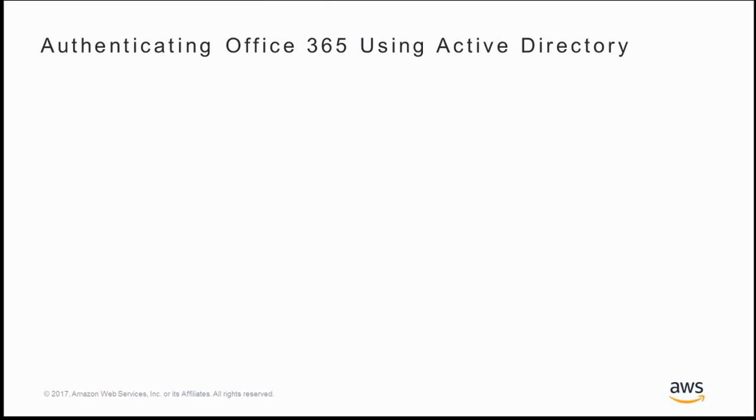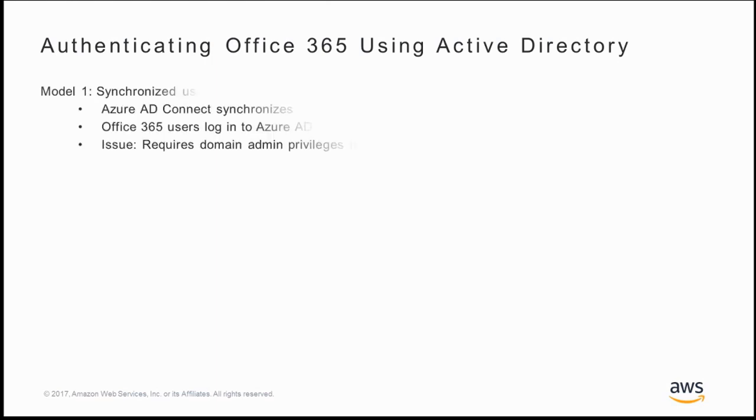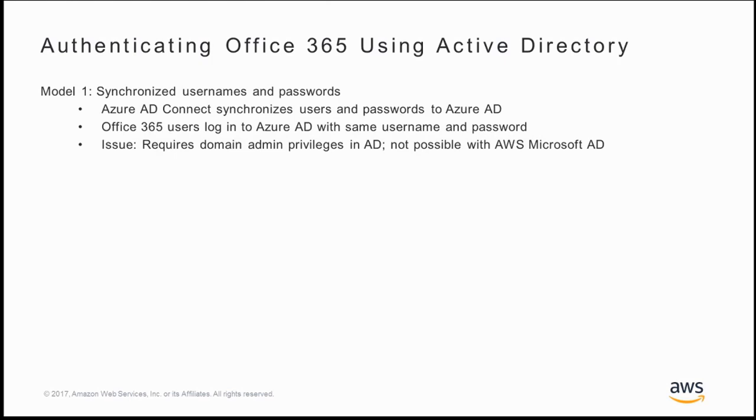Let's talk about the different models available for authenticating Office 365 users against Active Directory. The first model is to synchronize usernames and passwords. Here, Azure AD Connect synchronizes users and passwords to Azure AD, and then Office 365 users log into Azure AD using the same username and password that they have in their on-premises Active Directory. To do this model, it requires domain administrative privileges in Active Directory to set up Azure AD Connect. This is not possible with AWS Microsoft AD because